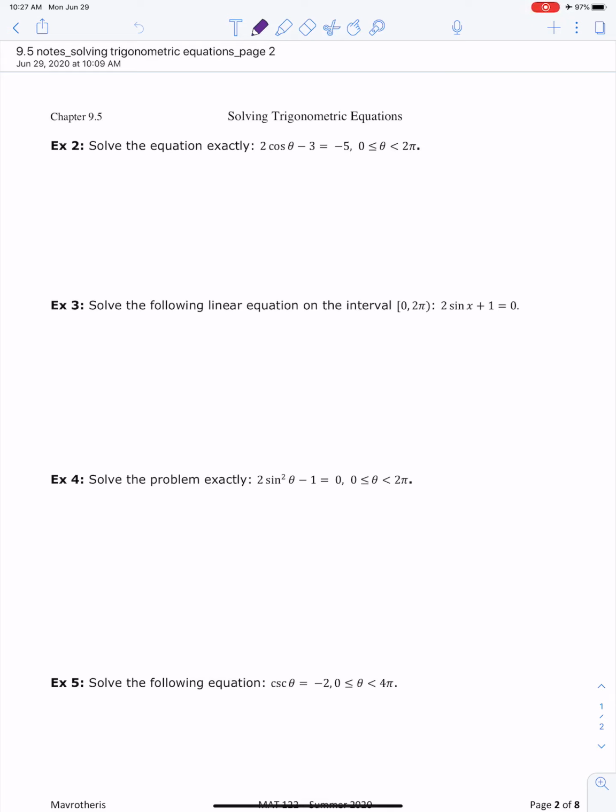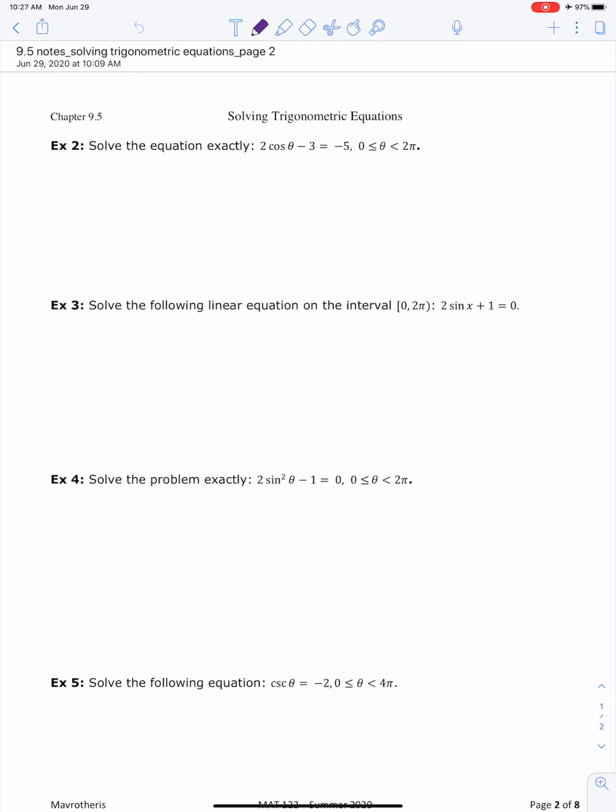9.5 notes, solving trigonometric equations, page 2. We've got 4 examples on this page. This gives us the chance to refresh in our memories how to solve equations algebraically. You guys are probably pretty good at that. We have not done a ton of that this semester so far. And so we're going to combine what we know about trig functions with what we know about algebraic